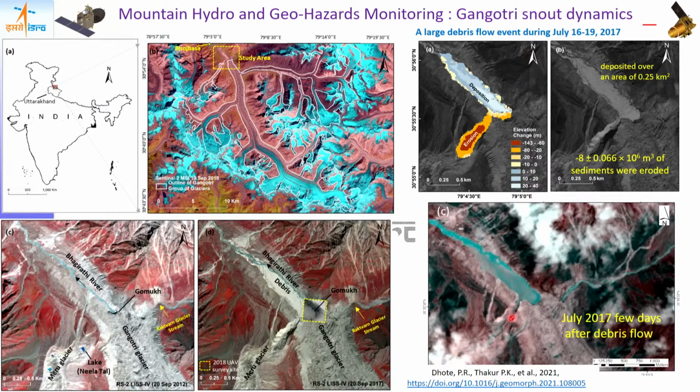So this is the Gomukh snout, where a big breach happened in the Nila Tal, and then this debris flow event triggered the blockage of the Ganges River for a few days, and later on, due to the high discharge, it was moved. And then we quantified how much erosion and deposition has happened from the satellite data, and you can see that immediately after the debris flow there is a cyan color seen in the Sentinel-2 images, and also simultaneously this